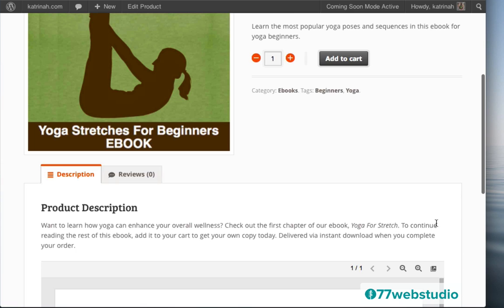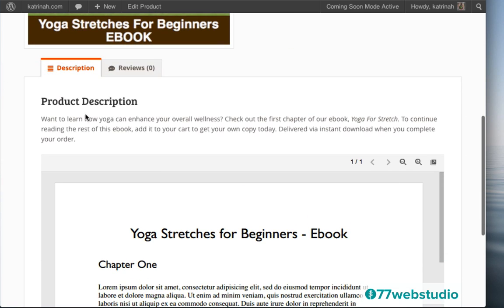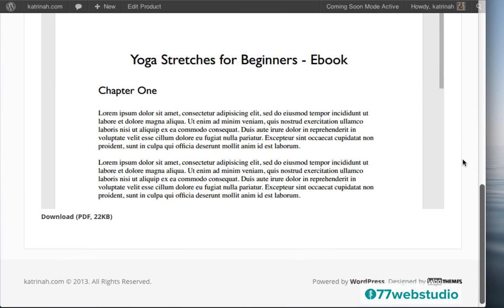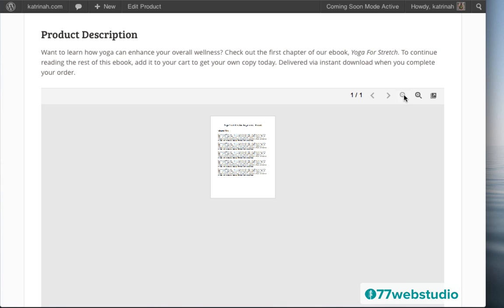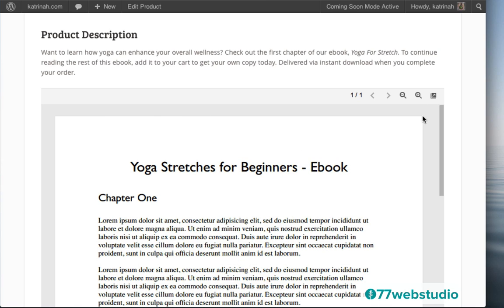Then when we scroll down, you have your product description as well as the embedded document right here. So this is only one page, but if you had more than one page, someone could just click on these buttons here to go to the next page. They can also increase or reduce the font size by clicking on this particular icon.